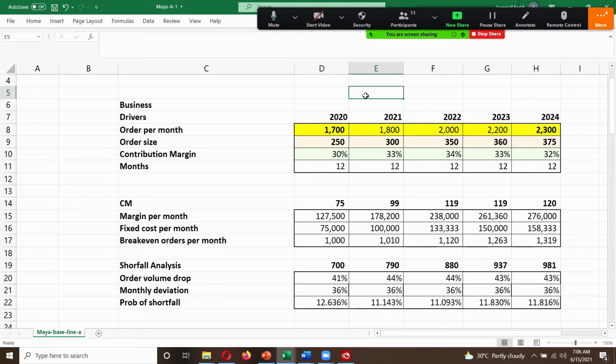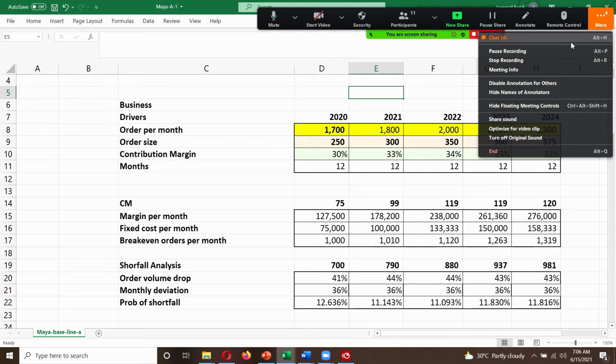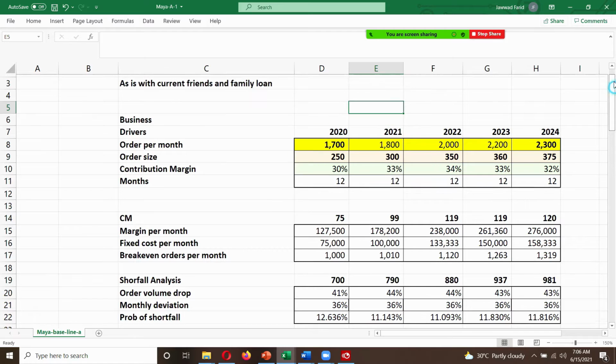Today, the objective is to take Maya and do a bit more work. The Maya A1 model is essentially a first pass. Think of it as our first attempt at trying to document or understand the opportunity in the way. So then